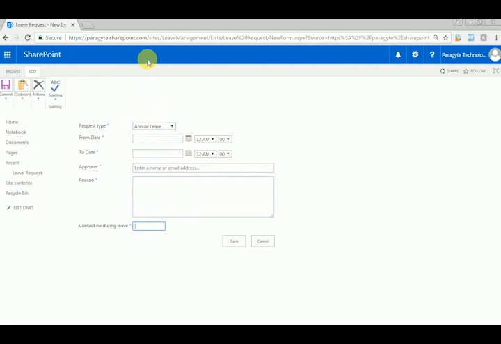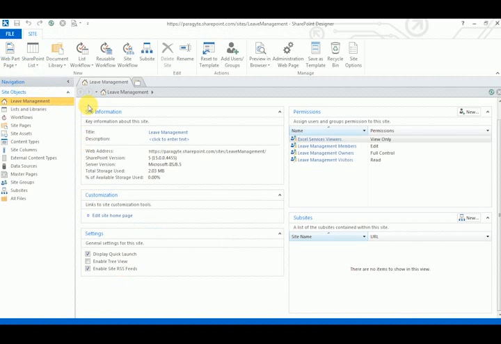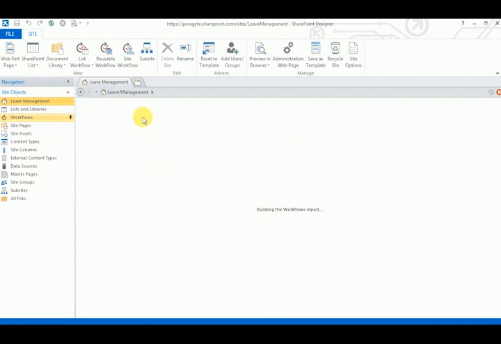Now we want to develop a workflow which will automate this process. Now let's open the SharePoint designer and connect to the site leave management, and go to workflows,